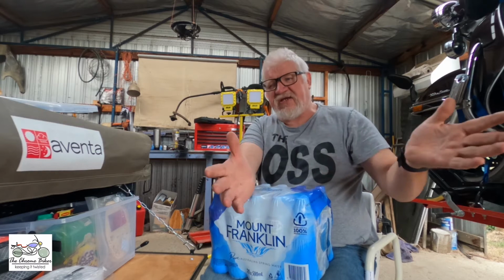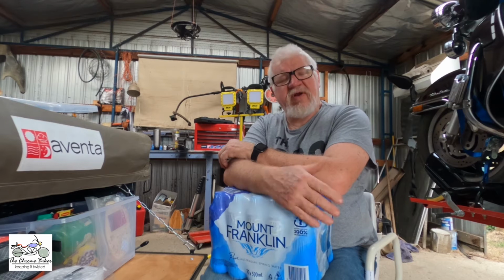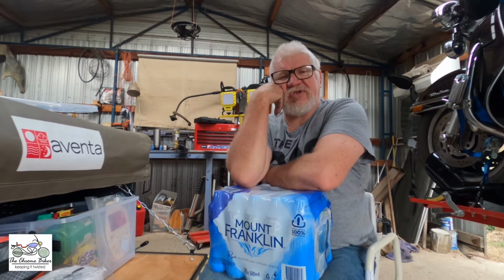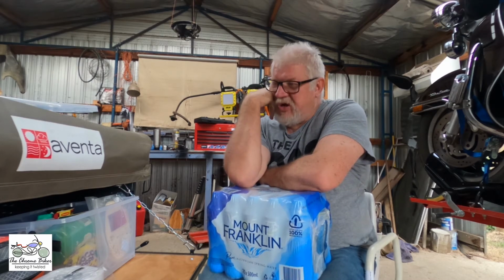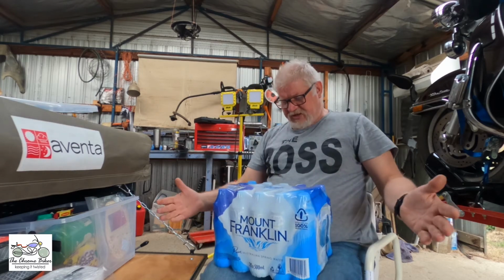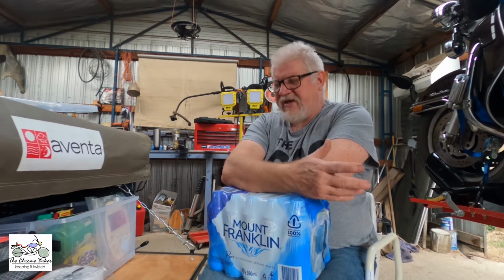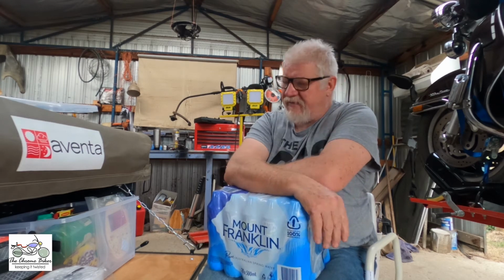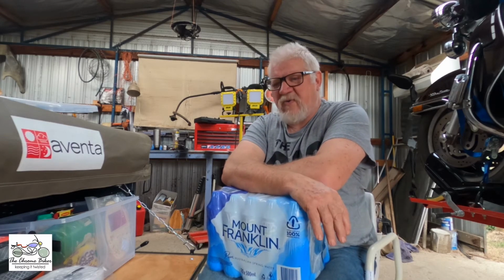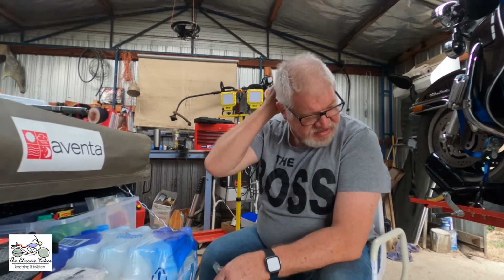I was going to get a water one with a tap, but I've experienced that once you open them, they're good while they're sealed, but once you open them and they bounce around, they tend to leak. And I just don't want everything in here leaking. The chances of me rupturing 20 bottles of this are pretty slim. I keep the bottles anyway. I usually top them back up with water when I get to someone's house or whatever. So I'm not really wasting it, I'm not throwing it away, but I've got it there anyway. So I can hear you saying already